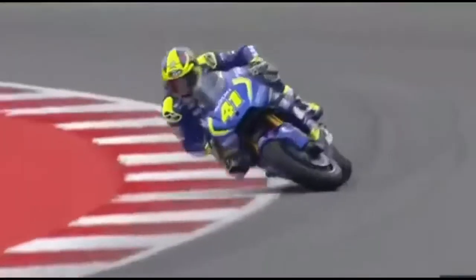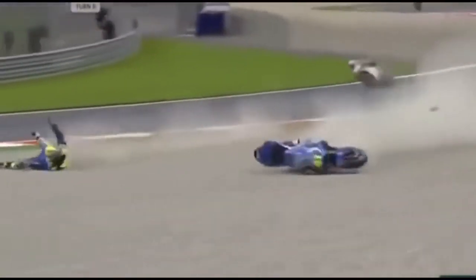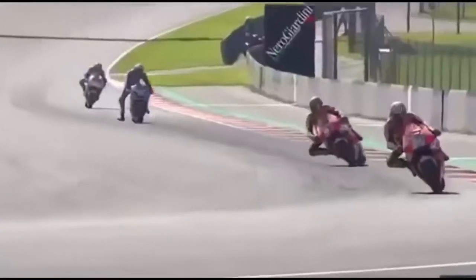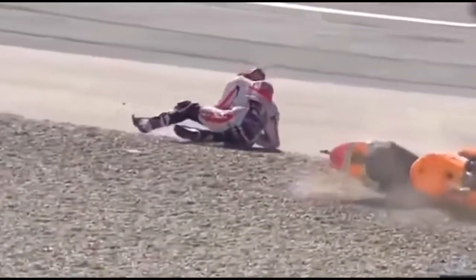Oh, bike to go. Yeah, he got it unsettled going in, and then the front end just washing away from underneath the Spaniard, a bit like Eugene. Oh, Marquez has gone down. So Marquez is down. Have a look at the crash. Yeah, Pedrosa's gone in too hot, look, and then Marc Marquez, his eye line's been caught there, and then he's got it all wrong, trying to...